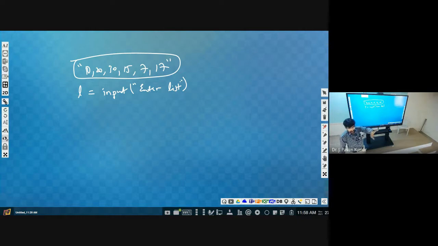Whenever we enclose anything in double quotes, it will be considered as a string. So this is not a list. Although we are considering it as a list, it will be considered as a string. But we wanted to convert this into a list.